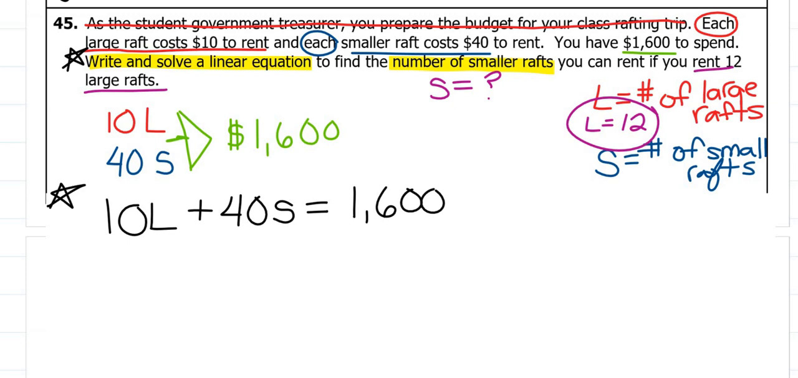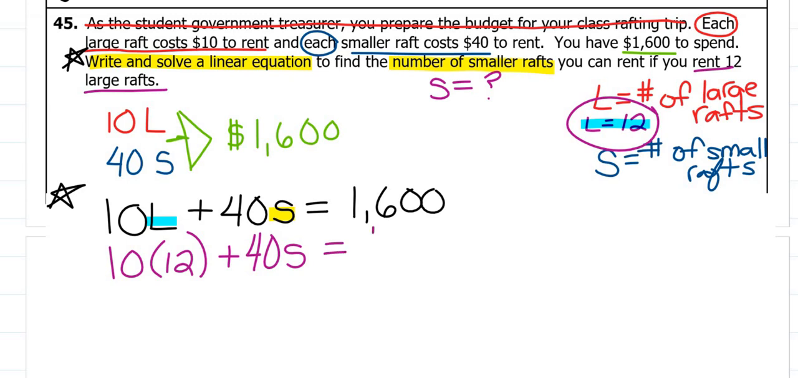So this is my equation. Now, in order to figure out the number of smaller rafts, how much S is equal to, I need to plug in the number of large rafts that I intend on renting. Large rafts, L, they said is 12. So I'm going to plug in 10 times 12 plus $40 per small raft, 40S, equals $1,600. Now with only one variable, S, I can solve for S and figure out the number of smaller rafts. So 10 times 12 is 120, plus 40S equals